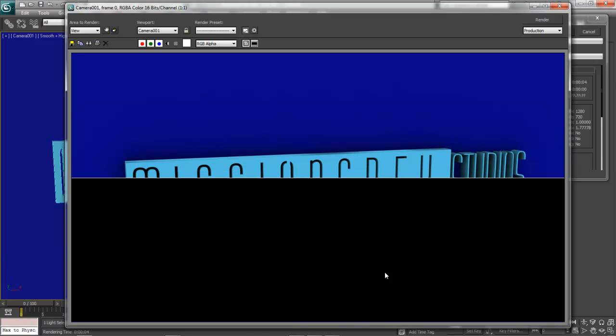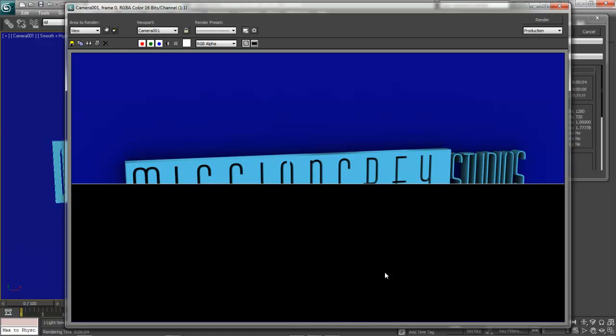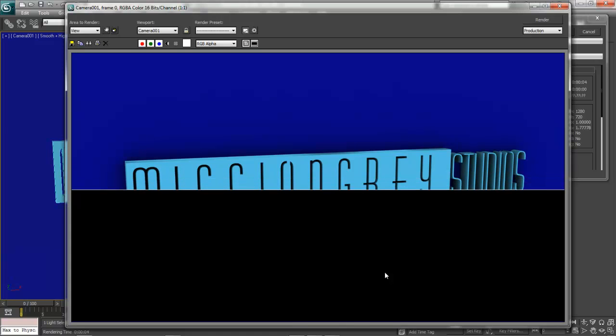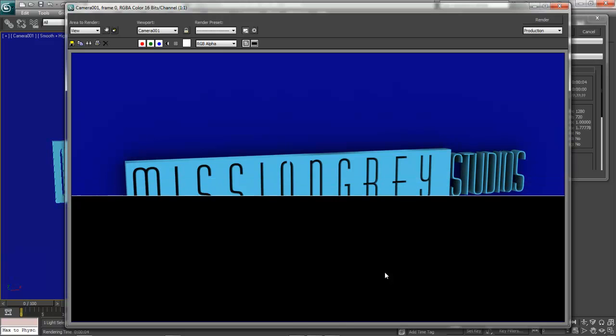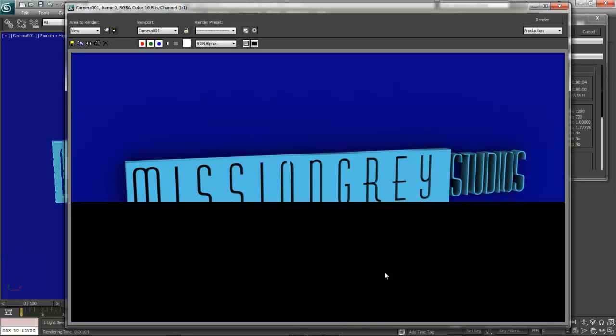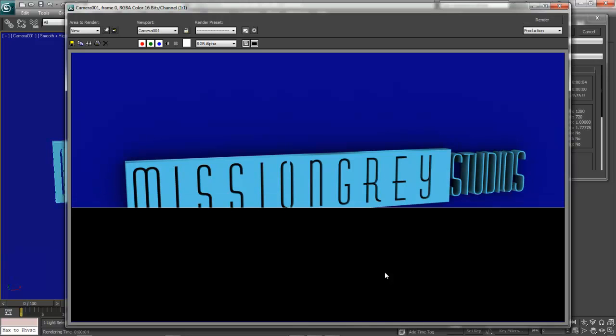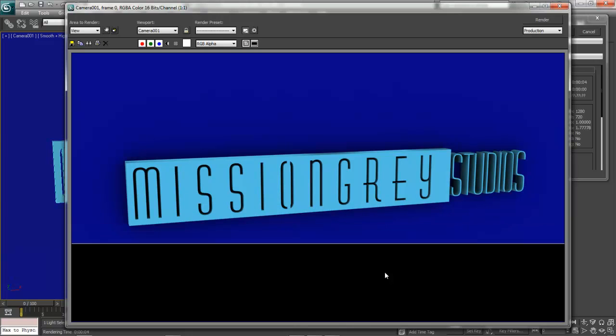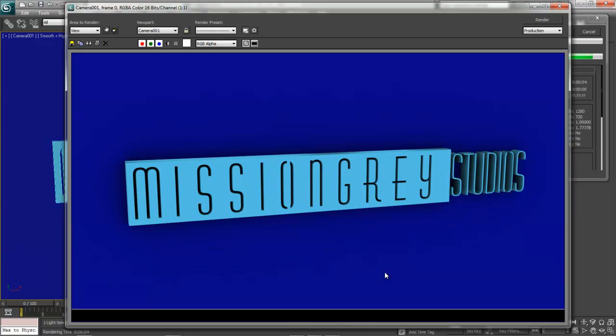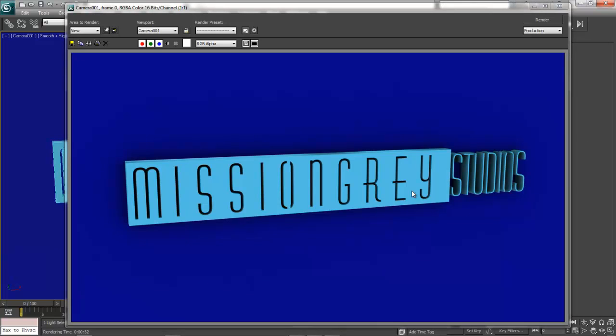As you see, it also does slow down the render quite a bit. This is often used for clay renders, where you can really see detail without adding a lot of materials and a lot of shading. It just lets you add one light, and you can see what you're doing. So there was that. If you wanted to add some basic materials,